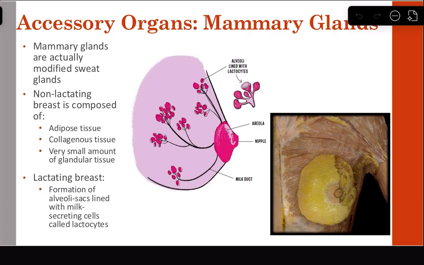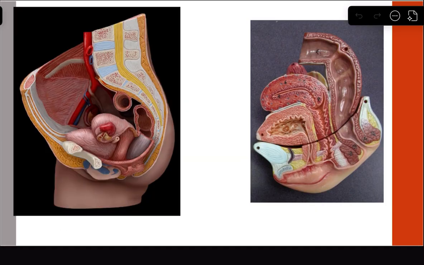All right, and we have this cadaveric image on the right. You can see how it's largely composed of adipose tissue. You can see the nipple in the middle, surrounded by the areola, occasional Montgomery bumps, and the pectoralis major in the posterior portion, lining it in the back. And that about covers it for the human male and female reproductive anatomy. Okay,